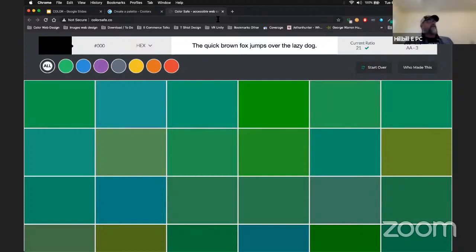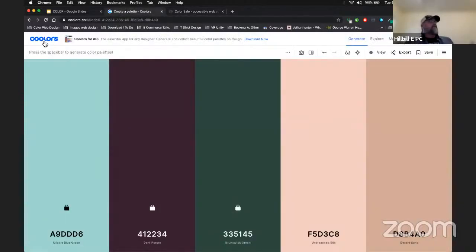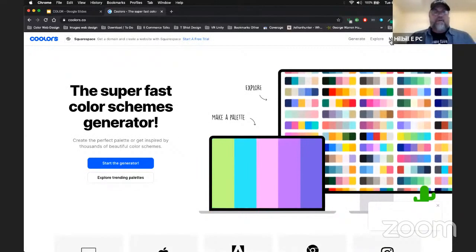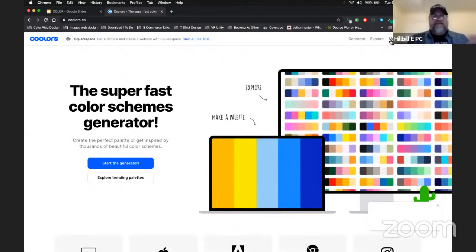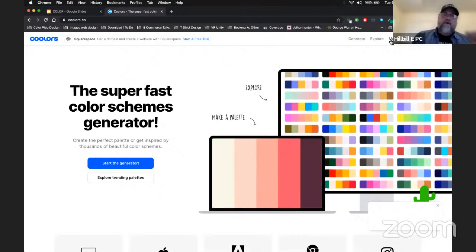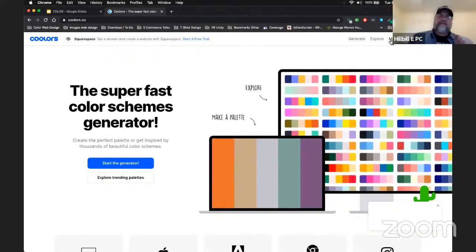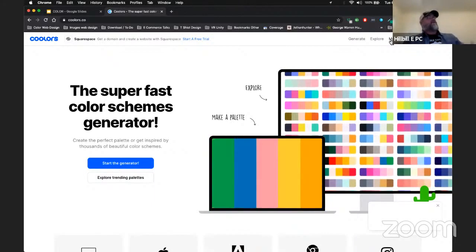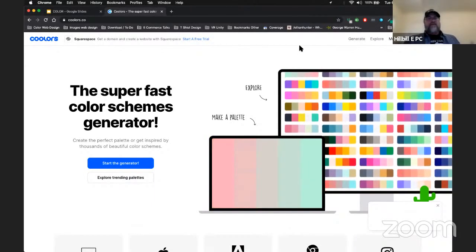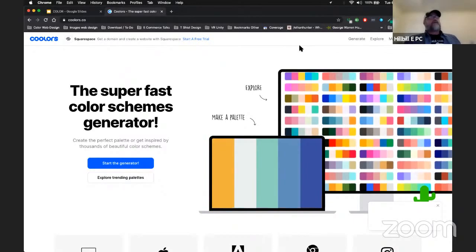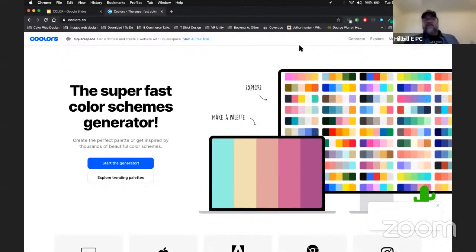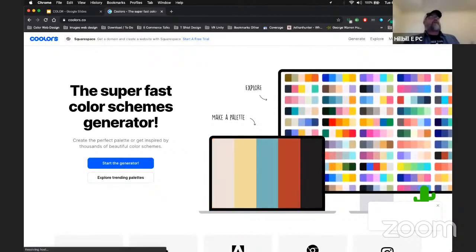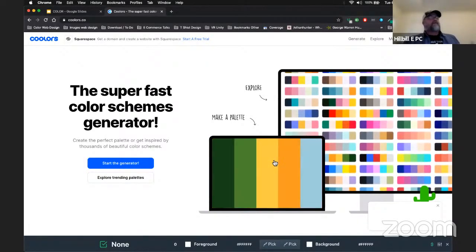And so what I'll show you is the tool that I like to use when it comes to contrast. And this tool is called Contrast, but that's with a K, Kontrast. All right, so now we're at the beginning of Kontrast's website. And basically it's a browser extension that I use on Chrome, and I think you can do it on Mozilla too. And so basically you go up here, and I have it already installed,